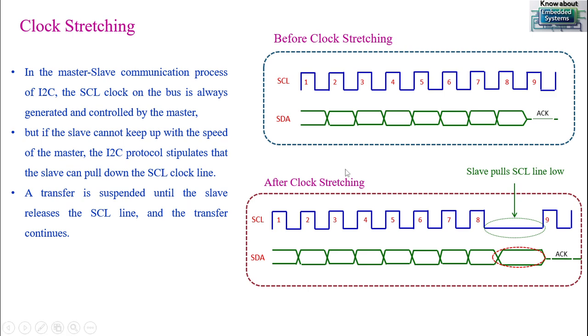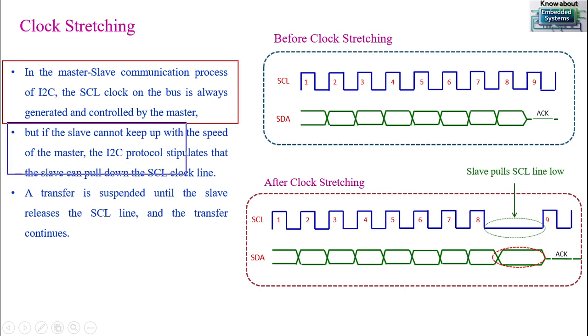Now let us see the explanation. In I2C master and slave communication, the SCL clock on the bus is always generated and controlled by the master. That means the I2C clock speed and everything is generated by the master. But what happens in real time? Sometimes the slave cannot match the speed of the master. In this scenario,